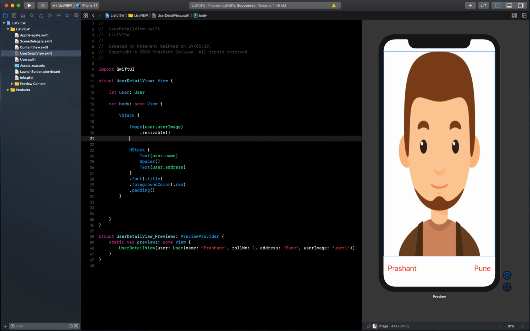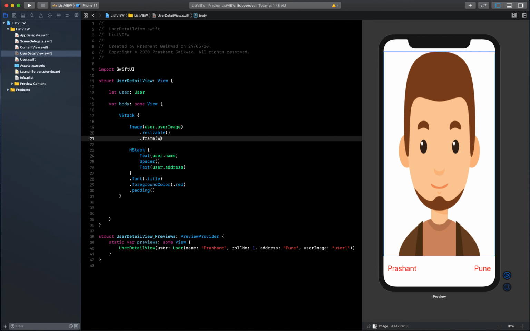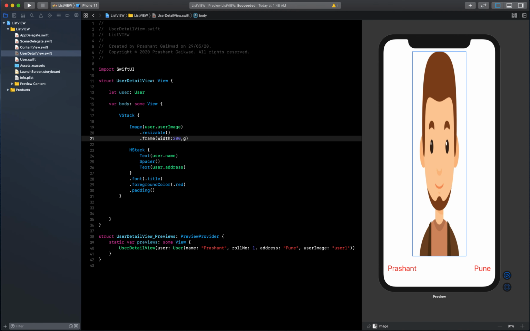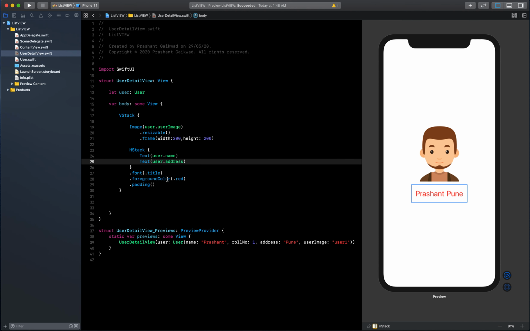Okay, but now still it is not looking good. So what we can do is pass our own frame width and height, and I will give some width and height like 200 by 200. Will it be good? Let's see. And yeah, much better actually. And let me remove the space, it's not looking that good. Okay, Shant and Pune, that's fine. Let's not work much on that now. So this is how you can show your